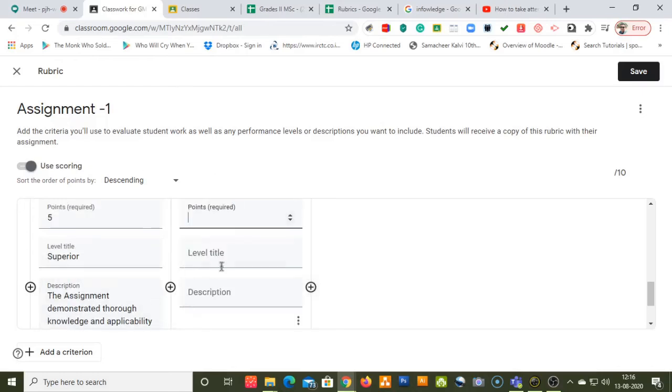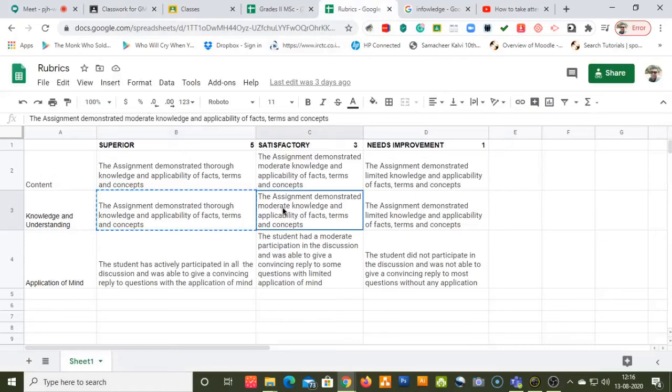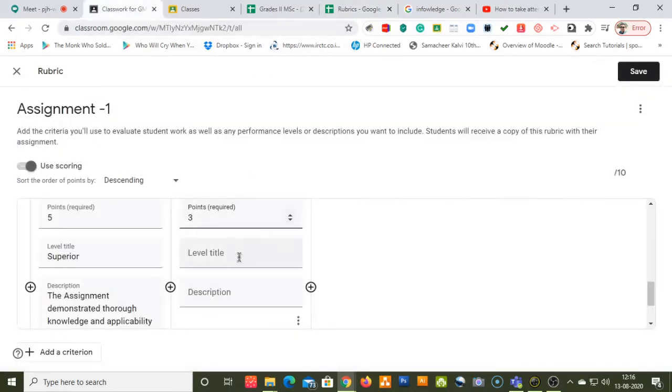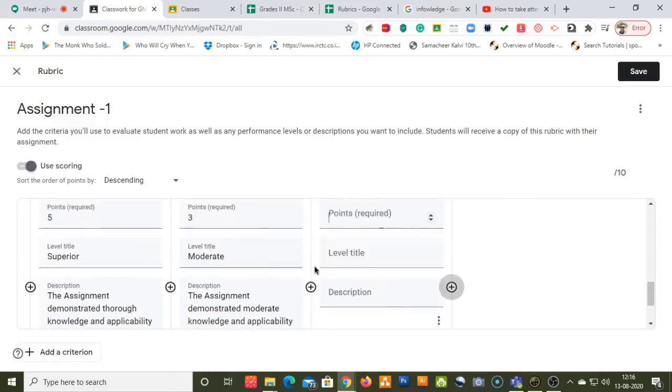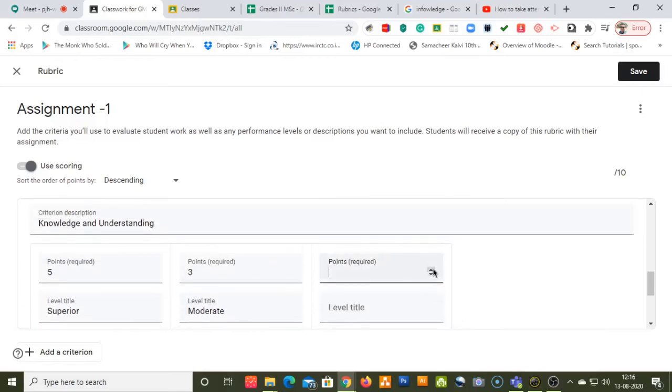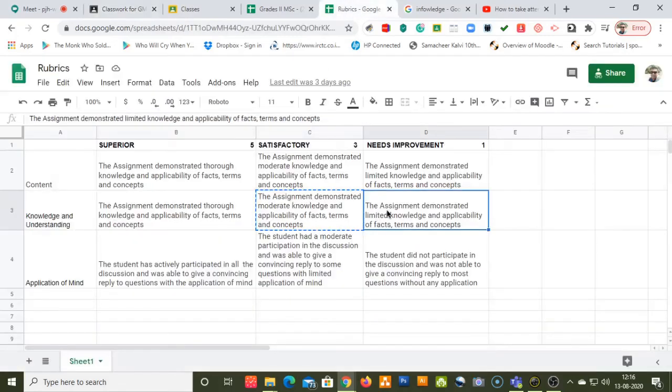I will click the next one. I will go to 3 and mark it as 3 points. I will mark it as moderate. I will go to the next one, put it as 1 point, and copy this down.